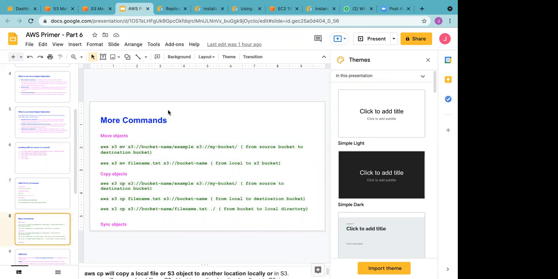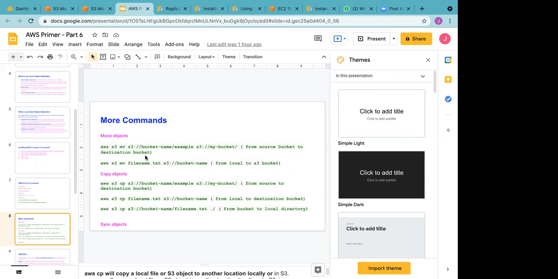Then move. This is a command I really liked. For example, you created a bucket and added content to it, and later you got to know you don't need this bucket, you need a different bucket wherein you need to add the same objects. So there are two ways: delete the source bucket, create a destination bucket and add the same things one by one, or just apply this command.